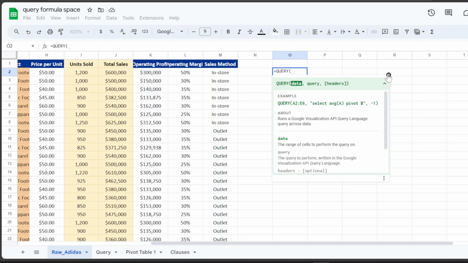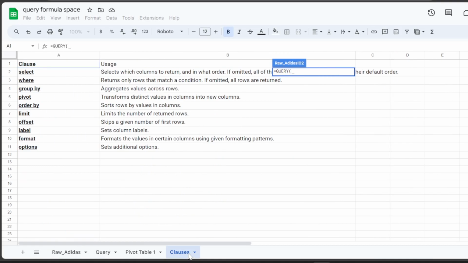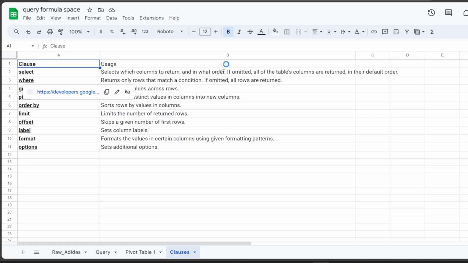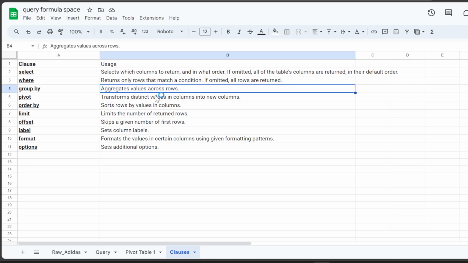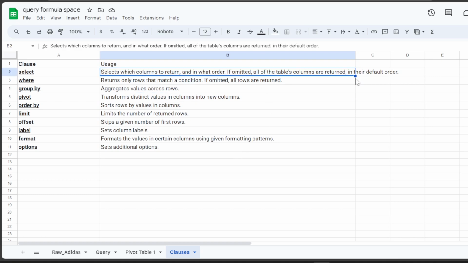So I have a list of clauses in this tab over here, which I have picked up from the documentation of the query formula on Google Sheets. So these are the clauses that we have, with their definitions. So you have select, where, group by, pivot, order by, limit, offset, label, format, and we have additional options as well. So we're going to be starting our first video with the select clause, because just like in SQL, in the query formula all the queries start with the select command, and we are going to be doing the same even in this